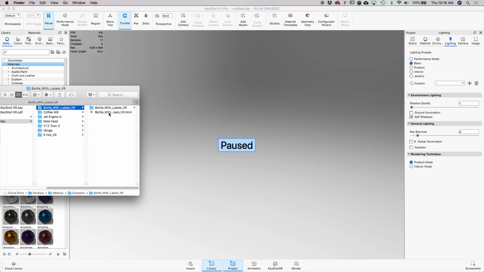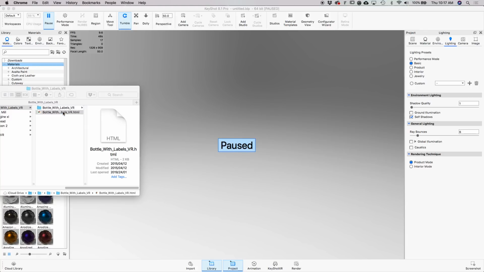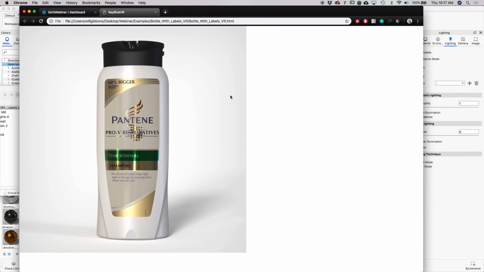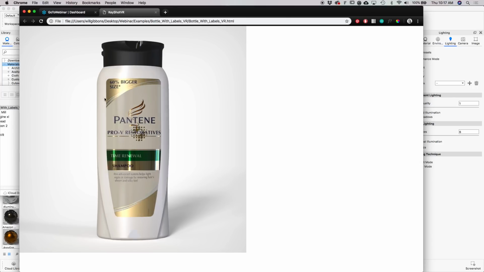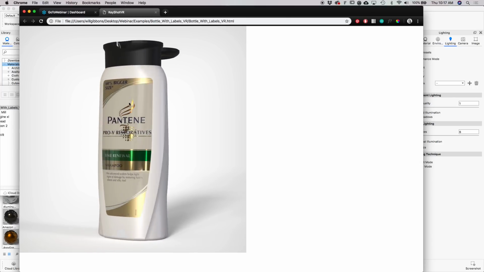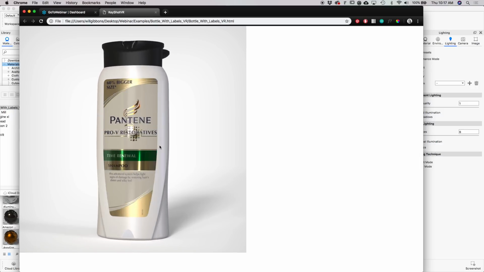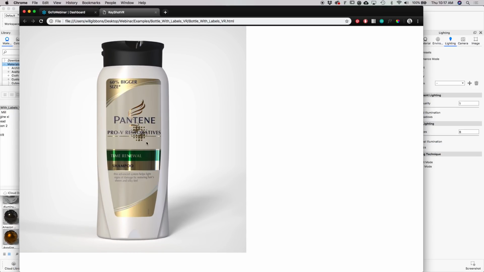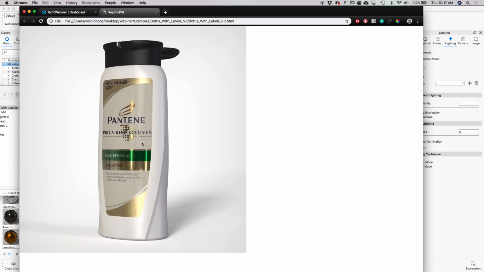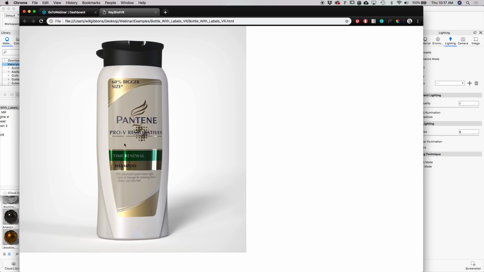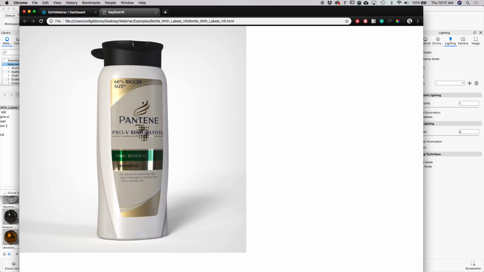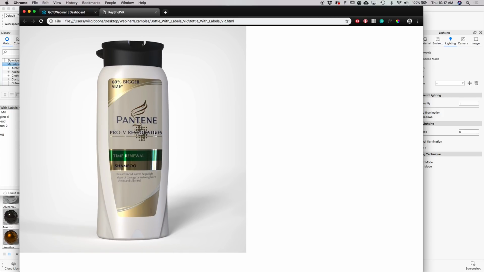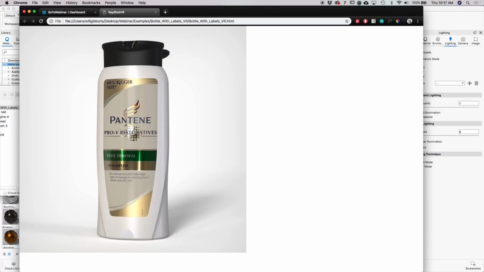It's got an HTML file, and when I double click on that HTML file, it launches in the browser. I use Chrome. And then if I click and drag, you'll see that this is interactive. I'm actually moving the bottle around, or I guess in this case our camera. What I really like about this is it's not so much about showing off the form of the shampoo bottle, because most of us know what a shampoo bottle looks like and feels like. What this does, which is really cool, is it actually proves the case for this type of label, and it really shows how having a matte or a kind of satin finish label with some kind of chrome